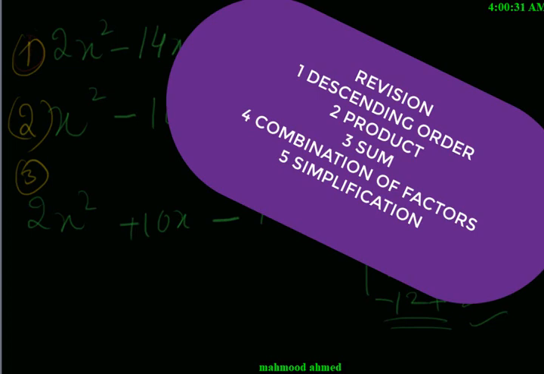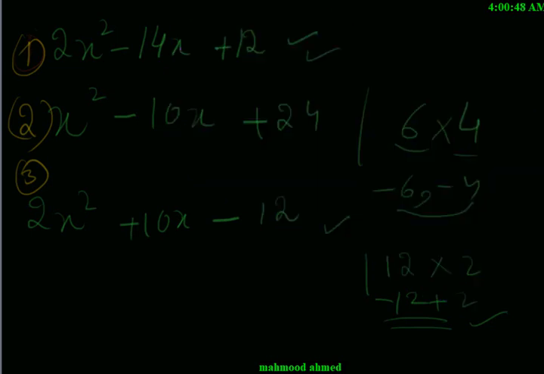And then just write the first term and the last term as they are, but replace the central term with two terms with the help of the chosen factors of the combination. And then you will have four terms, and from the first two terms and the last two terms, take anything which is common in the first half and then common from the second half, and then